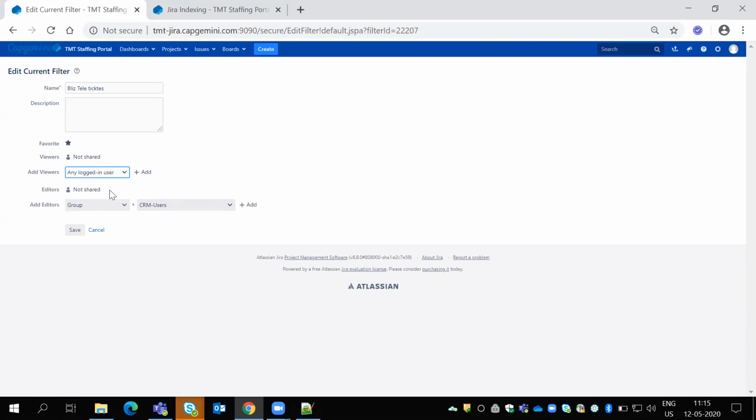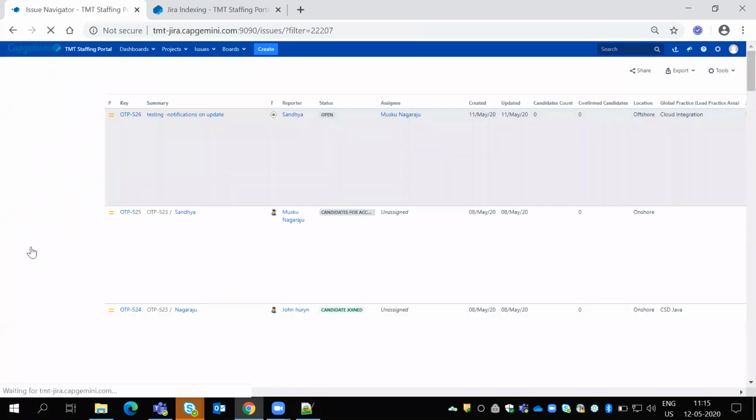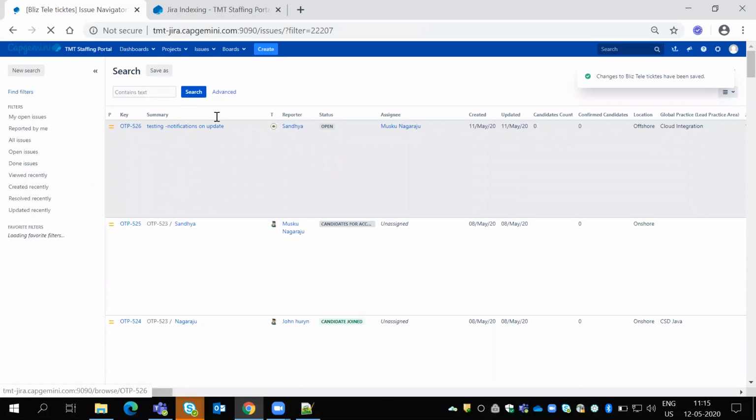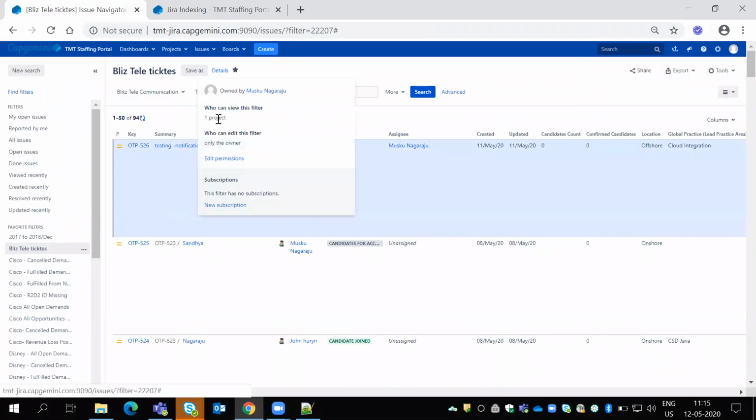Okay. So here, suppose you saved and created this, but you are providing edit permission to some other person or any logged in user. Suppose I've selected bleach tele, then you click on the add option, and once you click on add, it will be applied. So this is the bleach telecommunication. If I save it, see here, it comes as bleach. If I click on details now, only persons from the one project, tele bleach, can access this filter which I have written here.